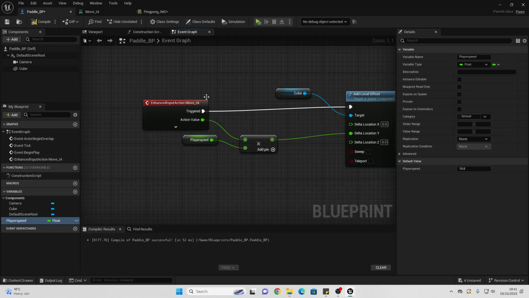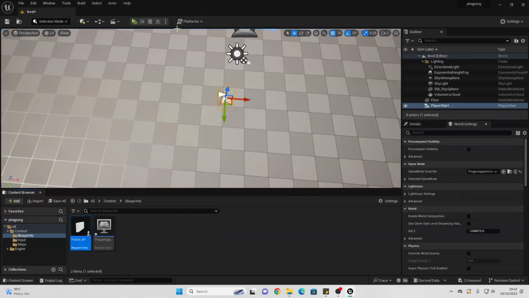So again, if I press the up button, this value will be 1, and then 1 times 10, this will basically positively move my character into the y-axis. If my player presses the down button, this value will be -1, and this will cause my player to basically move in the opposite direction in the y-axis. We can test this out if I just go compile, save, close this, and now if I play my game,